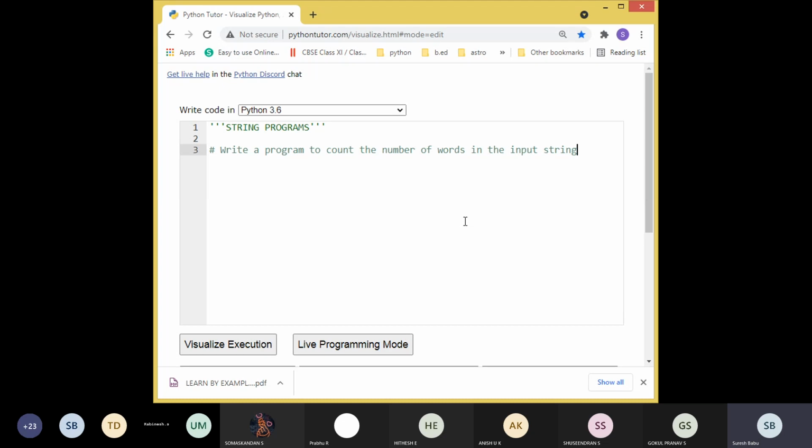What is the function, students? Which function will help you to make string into a list of words, list of strings? Anyone? So the first line should be getting the input from the user. So enter the string. Students, anyone tell me which function will convert or split that string into a list of words? Actually, I myself told the answer.